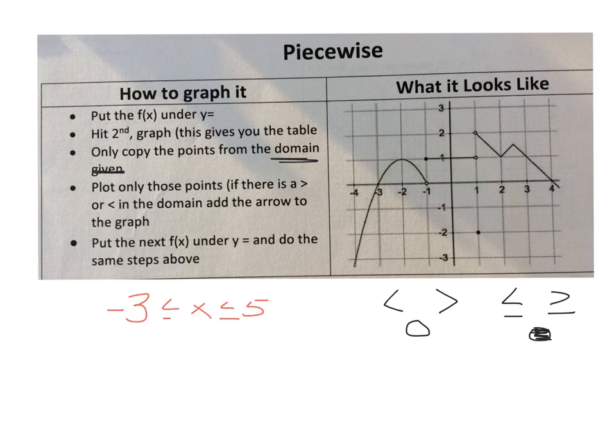So if I'm setting up a table from my calculator, the x values that I want to see are -3, -2, -1, 0, and so forth, all the way up to number 5, and all the numbers in between. Once you have that down, all you have to do is pay attention to your signs. In this case, both of my dots would be closed. Now, if I took one of them away, if I took this guy away,